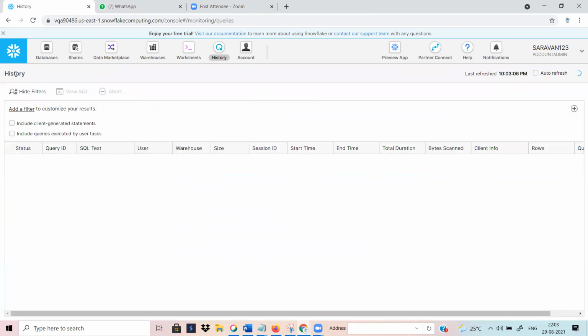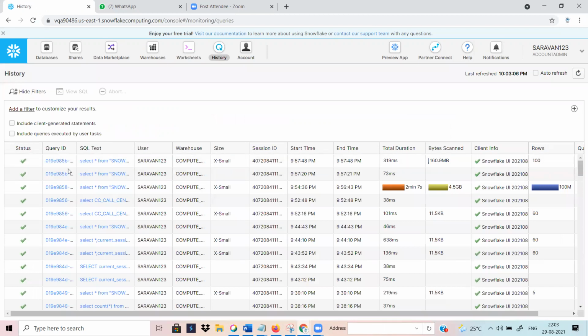You're checking the history. Whatever query you are running, it holds those things. Last time, which user you ran the query against, which warehouse it ran on, which data size, and what the size of the warehouse was. So what is the difference between this one and this one, right? Why is this one empty? Why is this one here?